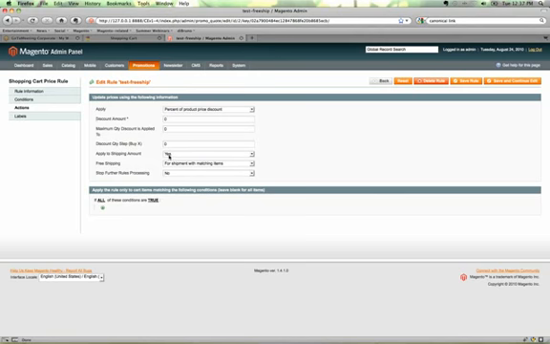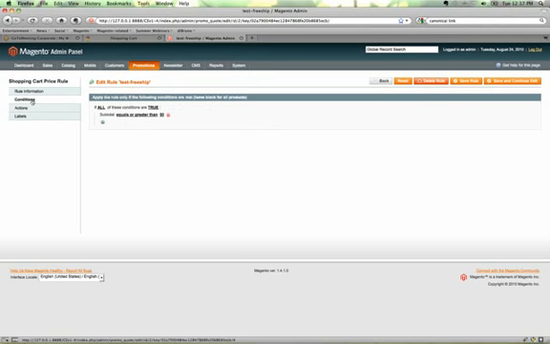We're going to jump down here to apply to shipping amount, and we can actually indicate whether free shipping is active or not. And the answer is either no, or for matching items only, or for shipments with matching items. In this case, I'm not going to restrict it by matching items, but either one of these options will be fine for this. But what I do want to do is add a condition